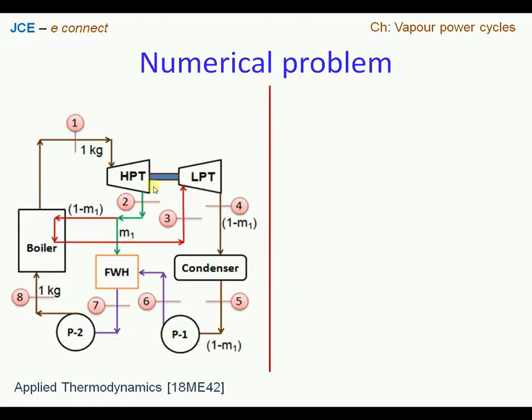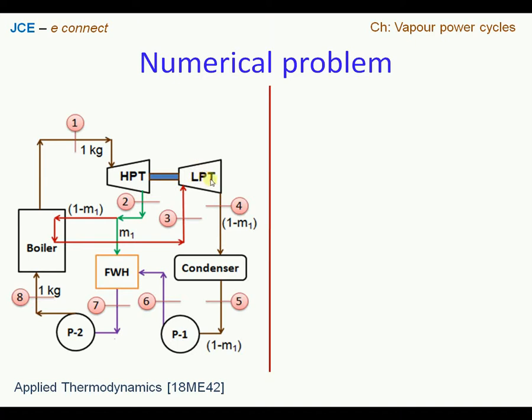So here we have a schematic view of the components arrangement, where we have a high pressure turbine and a low pressure turbine. 1 kg of steam is being supplied. Among that 1 kg, some portion of steam which we don't know, we are calling it m1 quantity of steam, which is directed to the feed water heater. The rest of the steam will be passing through the reheat process,